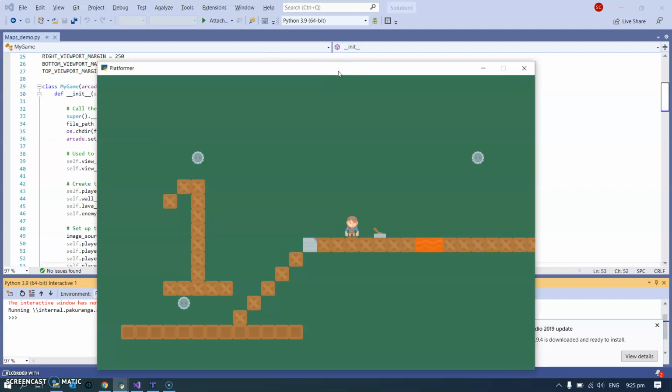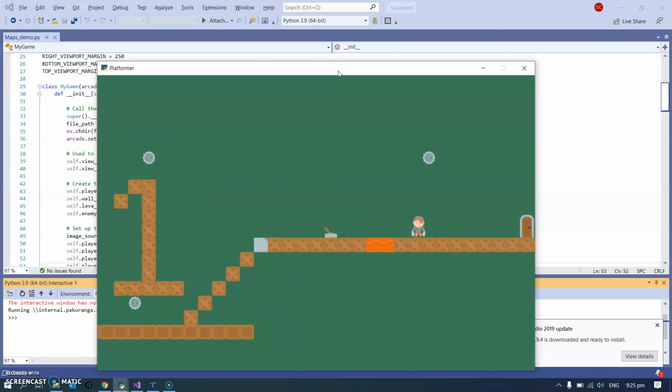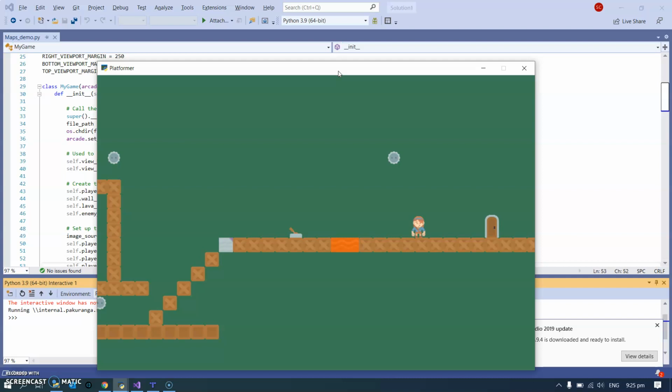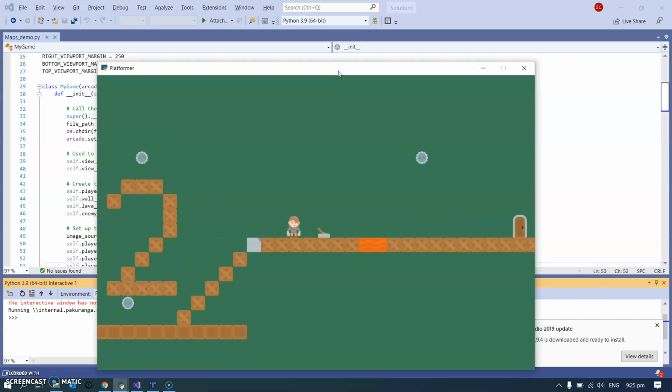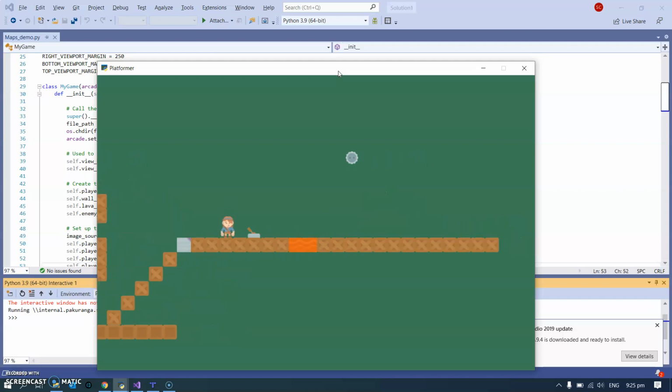I've made a game that uses multiple maps to do different levels. I'll show you what that looks like, and then I'll show you how I did it. So you can see I'm on level 1 here, and I've got an exit door. When I touch the exit door, I've gone to level 2, and when I touch the exit door again, I